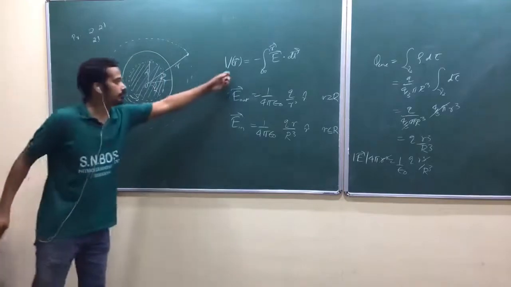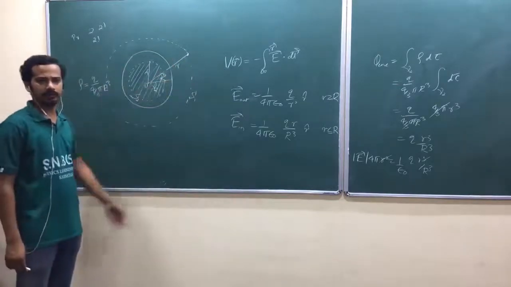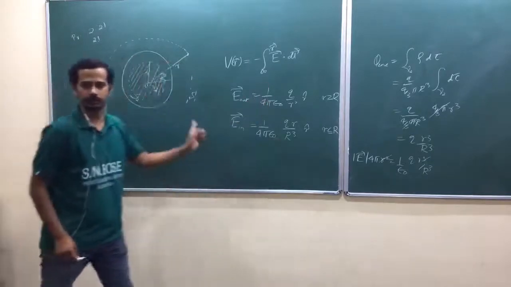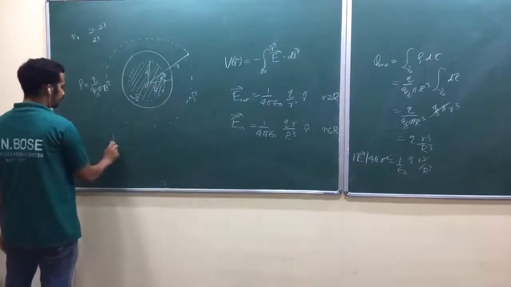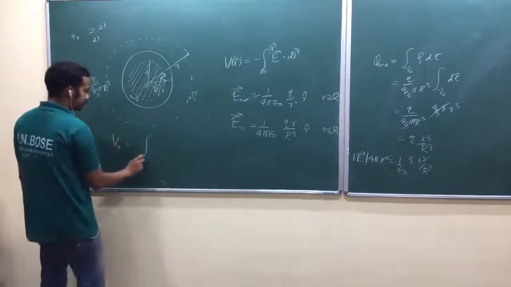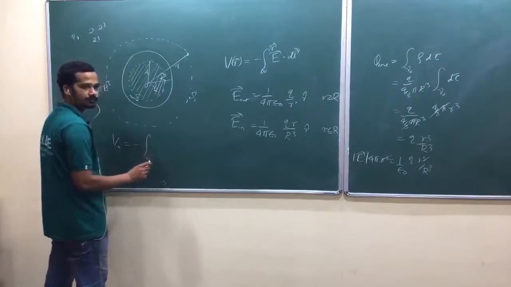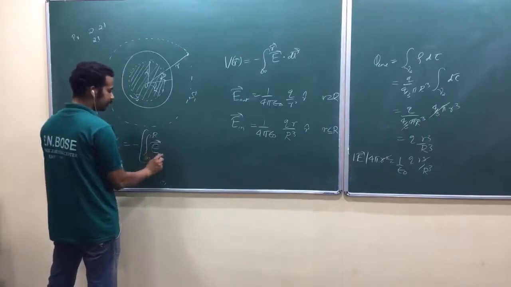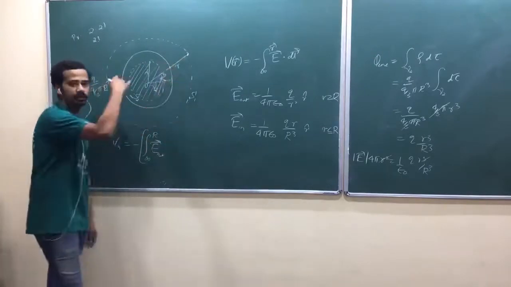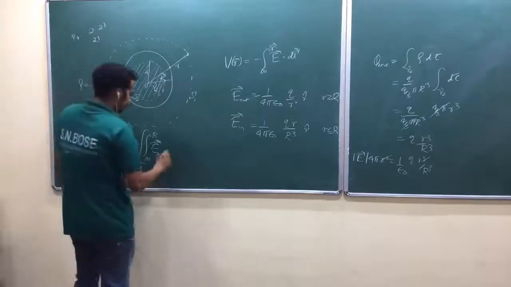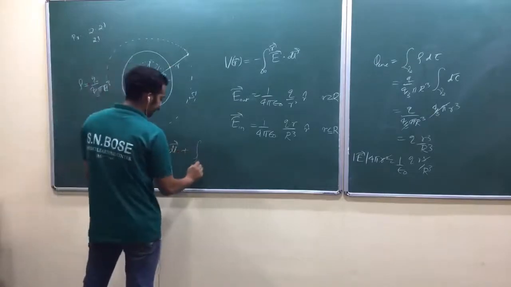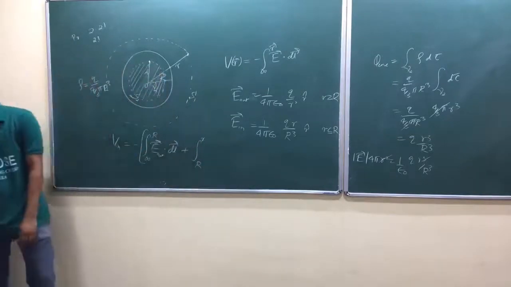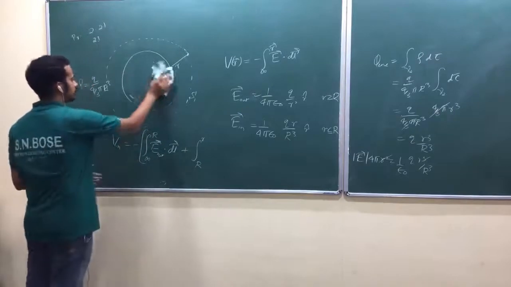Now what you have to do, you have to find the potential. Outside we already found, am I right? That is just 1 by 4 pi epsilon naught Q by r. We shall find potential inside. How do you find potential inside? Minus integral from infinity to capital R of E out dot dl vector, that is the outside region, plus capital R to small r, some point inside. You have to take some point inside because you need potential inside, isn't it?